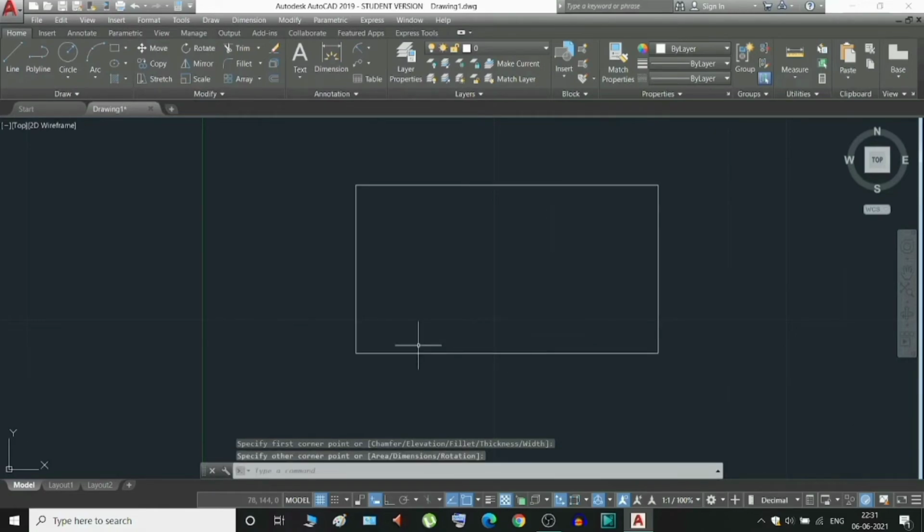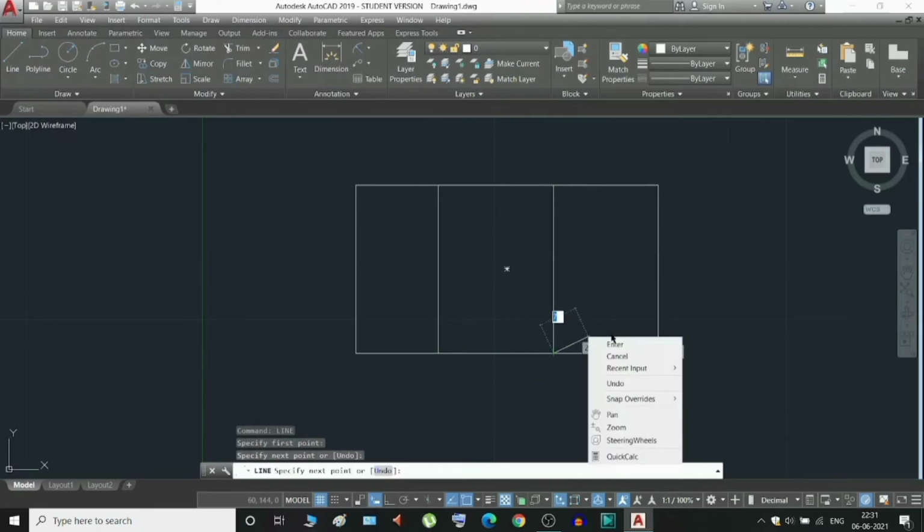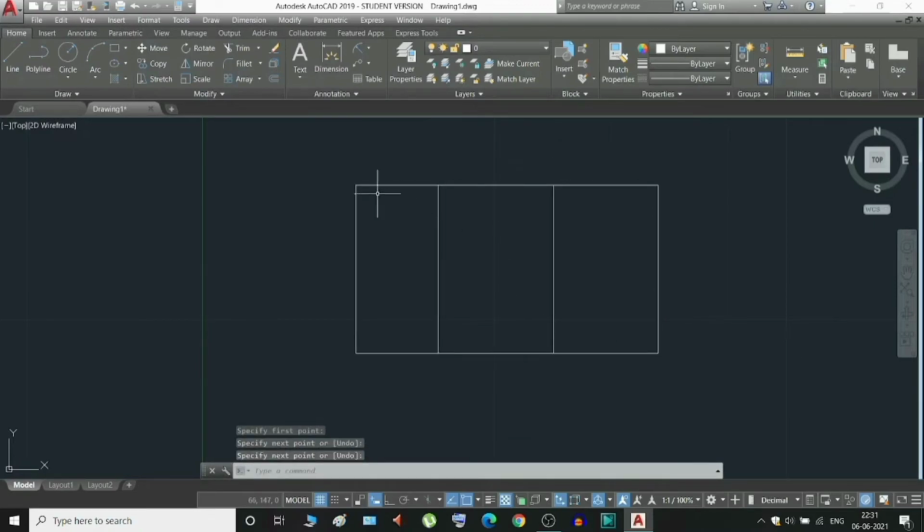Okay, and if we draw a line here like this, repeat line, and if we want to measure the dimension from here to here and then from here to here and then from here to here, we just have to first select the line and then click on the dimension here, linear dimension.